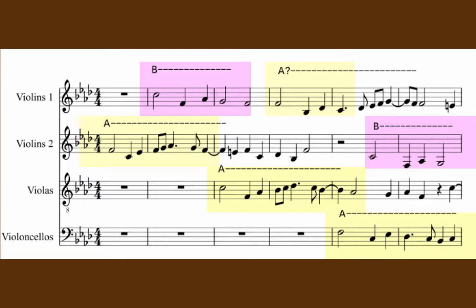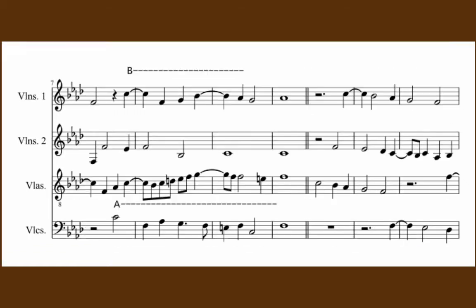So you can see how really there's two themes he's working with here, an A theme and a B theme, and he just keeps weaving them in and out. And everybody's starting on beat 1 until we get to the new B theme in the second violin part on the 1, 2, 3, 4, 5, 6 measure. And we come down here in the 7th measure. The B theme is introduced now, starting on beat 4. So it's just these different themes keep weaving in and out of each other,